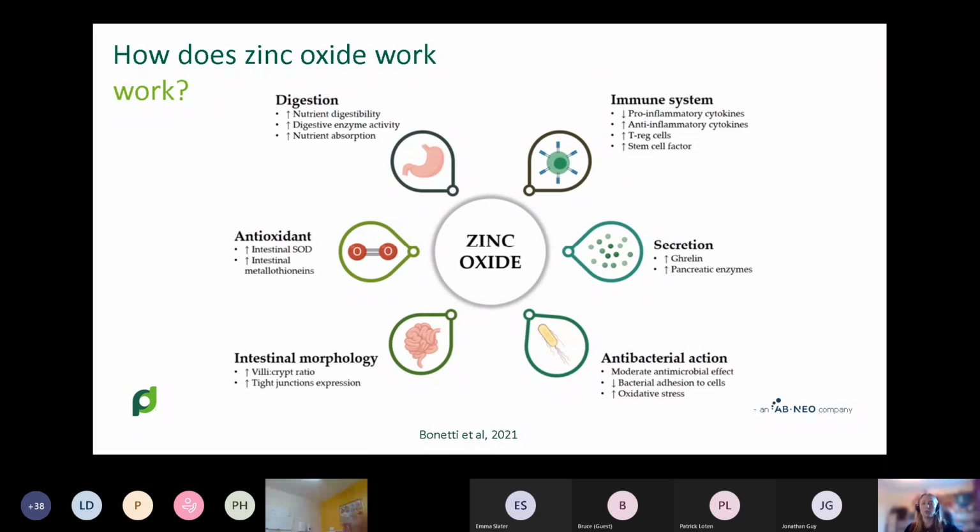So a little bit of background on how zinc oxide works and therefore how we try and effectively replace it. The problem that we have with zinc oxide, which I'm sure you will have heard before, is that it doesn't have one particular mechanism or mode of action. It actually works, we think, on a variety of different